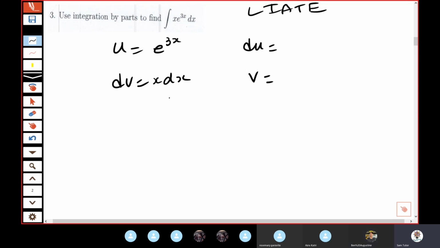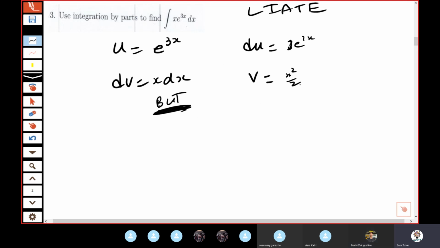Right, but... what's the problem? Well, really there's no problem, because you could differentiate the exponential. So look, watch, there it is, and you can integrate the x. So no problem, right? But